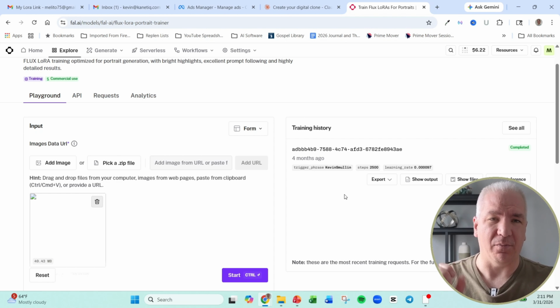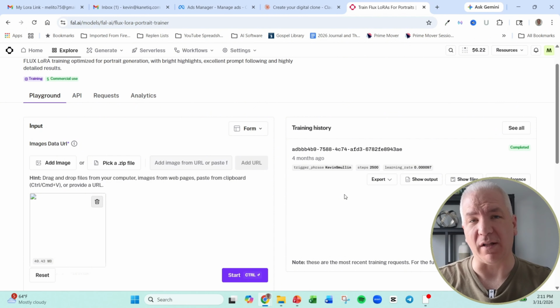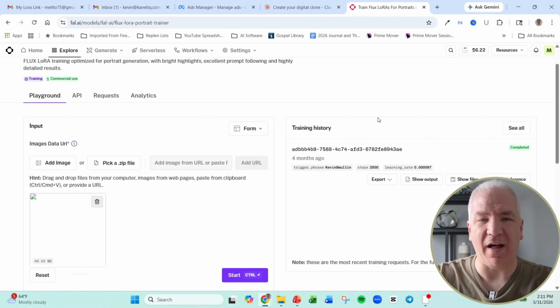By the time you're done, it will give you a link that says this is how the system knows what you look like, right? And so once you've got that LoRa, then what you're going to do